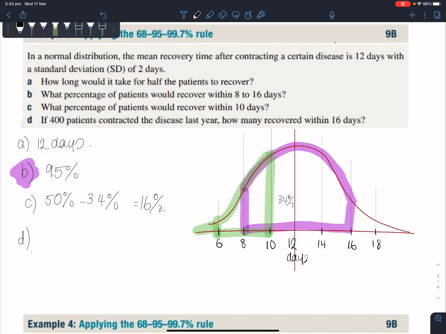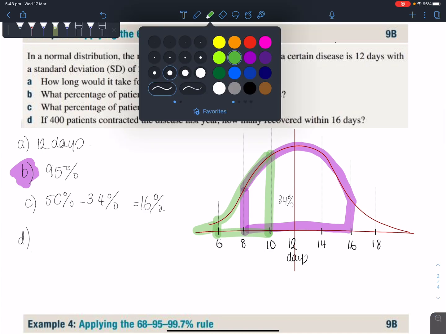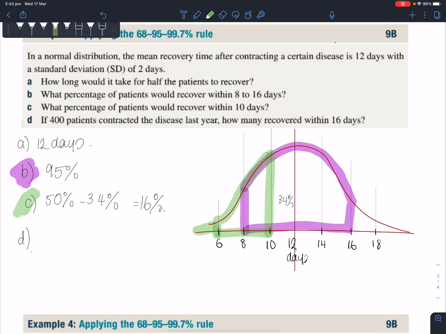Okay, D. If 400 patients contracted the disease last year, how many recovered within 16 days? Okay, so we know that that's going to be 50%. Sorry, I should colour it so you know what I'm talking about. That was green. Let's do maybe yellow. So within 16 days is all of this up to here. All of that. Okay, so I know that on this left side, this is 50%. And this here will be 95% divided by 2. Okay, so 50 plus 95 over 2. So that equals